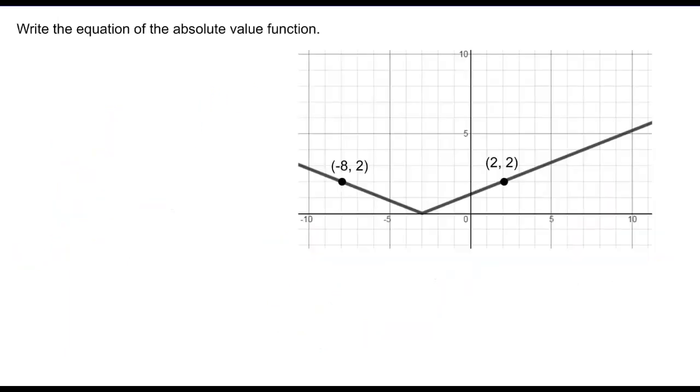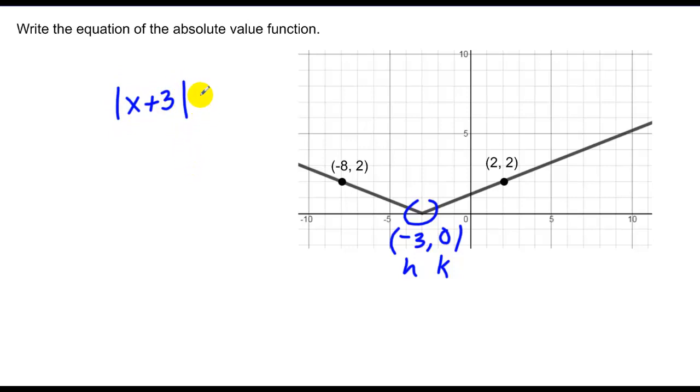All right, now we're going to switch gears a little bit. We're going to write the equation of an absolute value function that looks like this. Well, this shouldn't be too much of a jump because I know my vertex. My vertex is -3 and 0, which means this has got to be my h value, this has got to be my k value. Therefore, in my absolute value, I have x plus 3